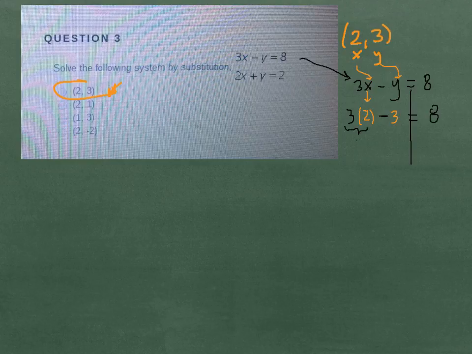3 times 2 equals 6. 6 take away 3 equals 3. But they said it was going to be 8. Well, it didn't work. That means that the first one is not a solution. Let's try the next one. Let's try 2, 1. So for 2, 1, I'm going to plug in a 2 in the x spot and a 1 in the y spot. So the equation again is 3x